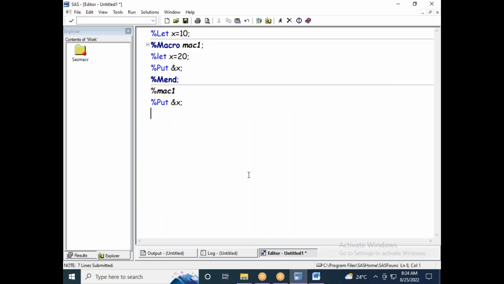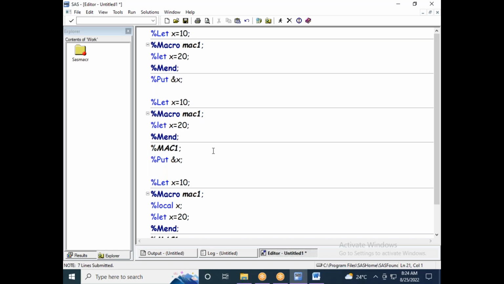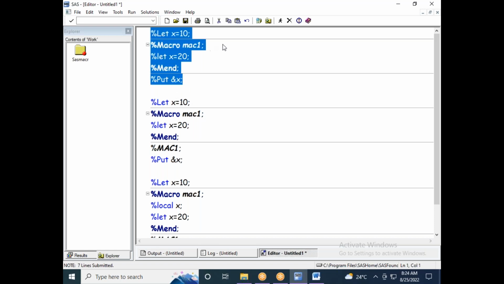Okay, so now you guys can tell me what is the value of %let x = 10. If I run the program, what value do you get for x? 10. X gets the value 10, or 20? 10, sir. X gets the value 10 because